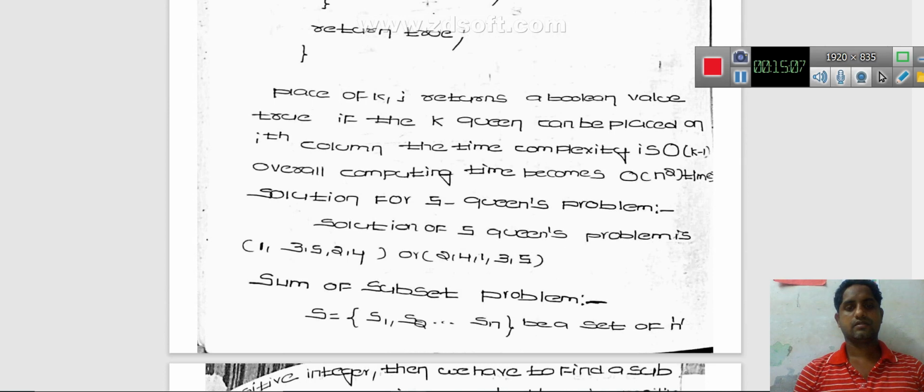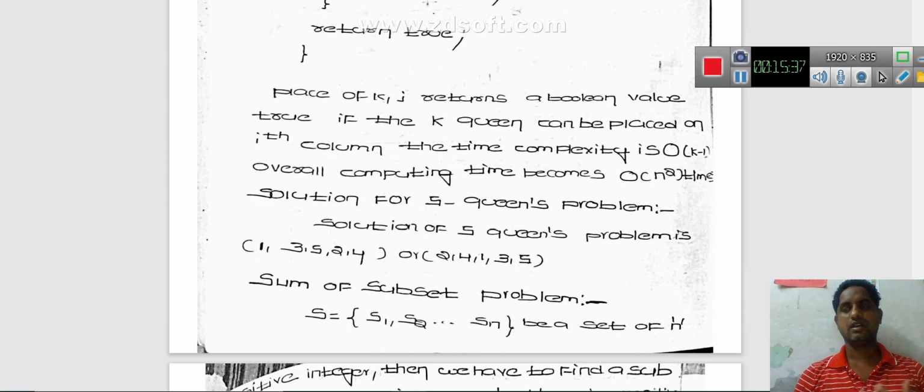Next, the solution for the 5 queens problem. The solution of the 5 queens problem, that is a 5 by 5 chessboard, is 1, 3, 5, 2, 4 or 2, 4, 1, 3, 5. This is one of the solution spaces of the 5 queens problem. The same process we can perform for 5 queens, 4 queens, 8 queens, 6, 7, whatever.